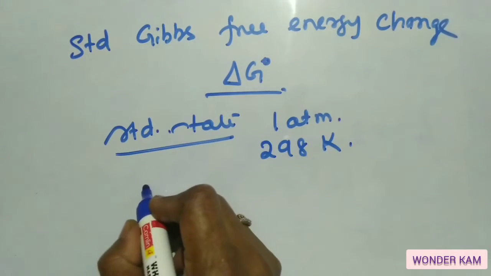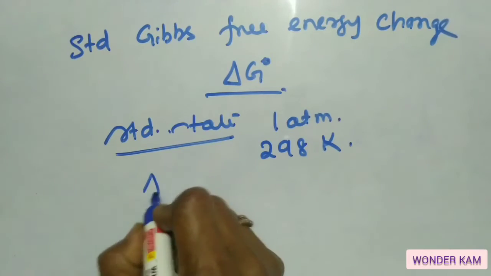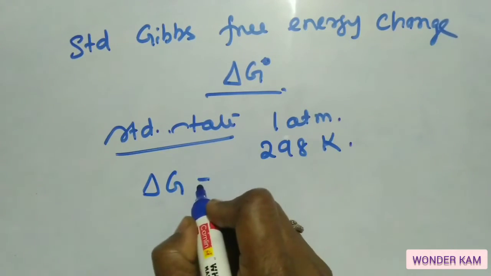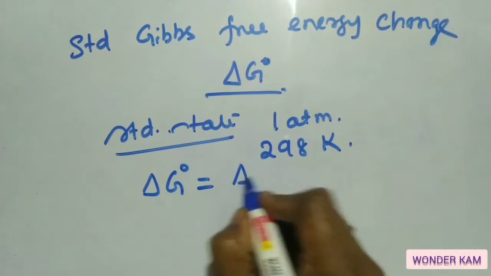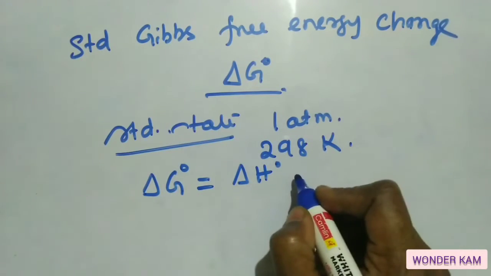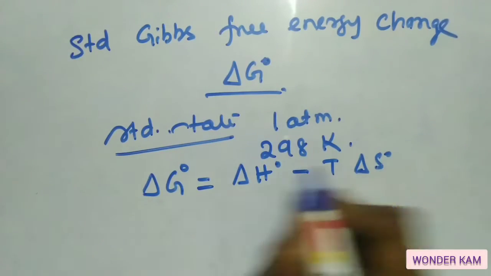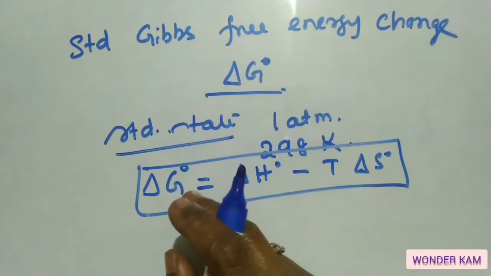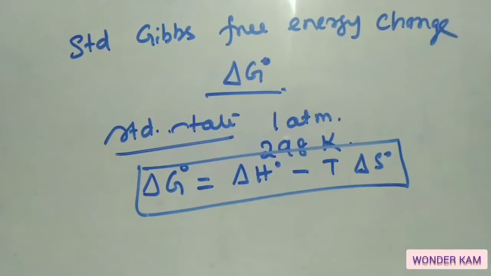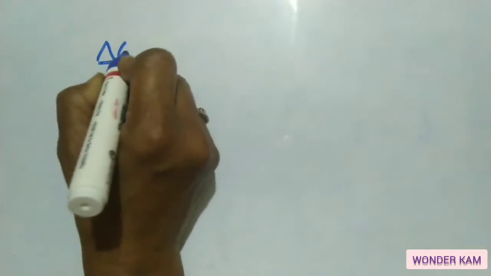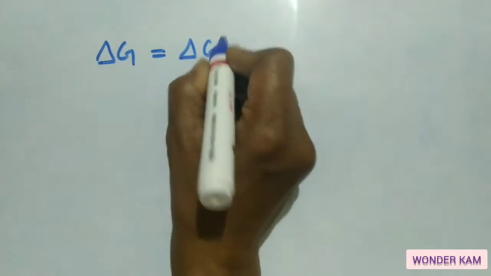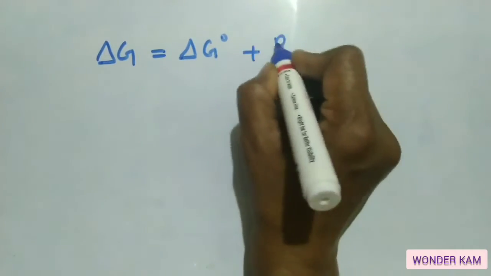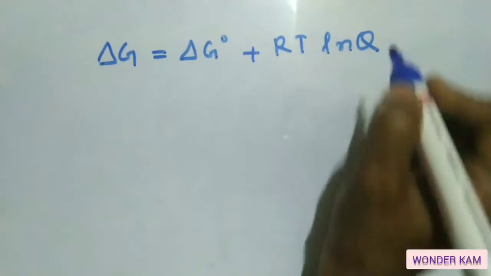And the Gibbs-Helmholtz equation for this standard state is delta G naught is equal to delta H naught minus T delta S naught. So this is the equation for the standard state, or the standard Gibbs free energy change. Let us see the relationship between delta G and delta G naught. So see, the relationship between delta G and delta G naught is, for any reaction, delta G naught